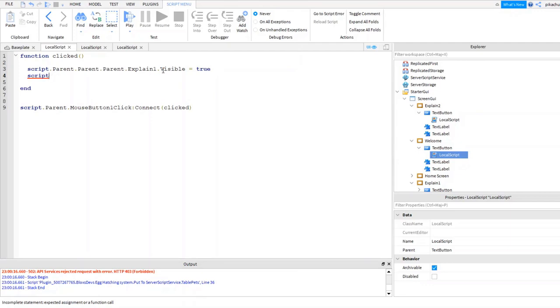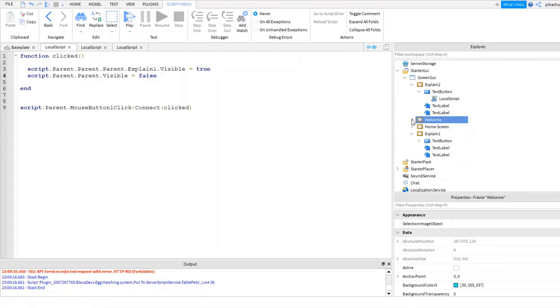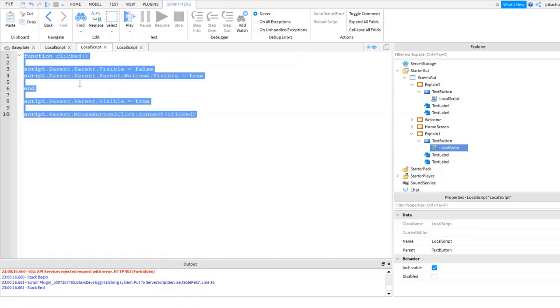So here I'm going to type script.parent.parent.parent, that explain, visible equals true. Okay, when we click, script.parent.parent.visible equals false. So the welcome frame is false, it disappears, and the explain frame appears. Then we go over to the explain frame and say script.parent.parent visible equals false, which is already good.